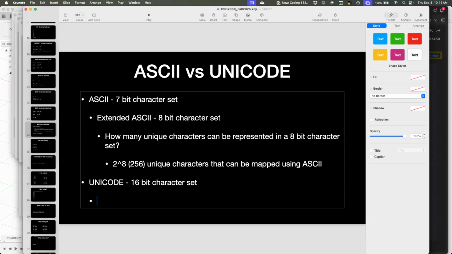So that must mean that for Unicode, how many unique characters can we represent? 2 to the what power? 2 to the 16th power, which is 65,536 unique characters. So the main difference